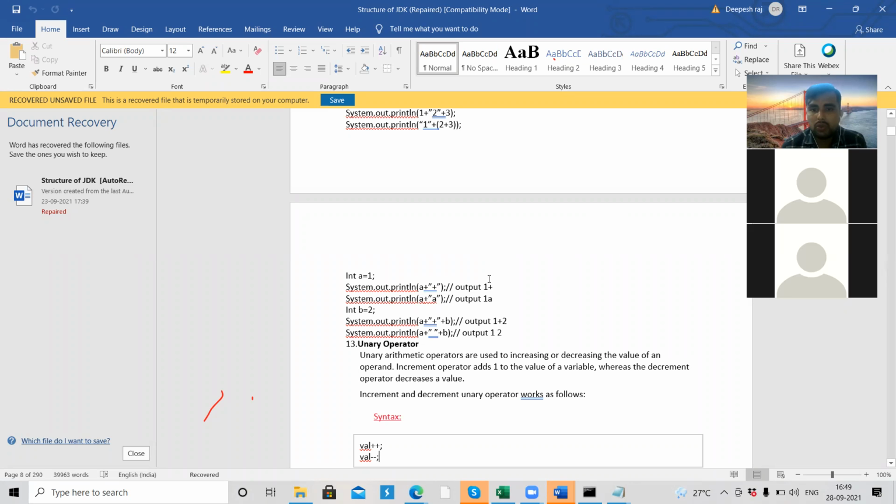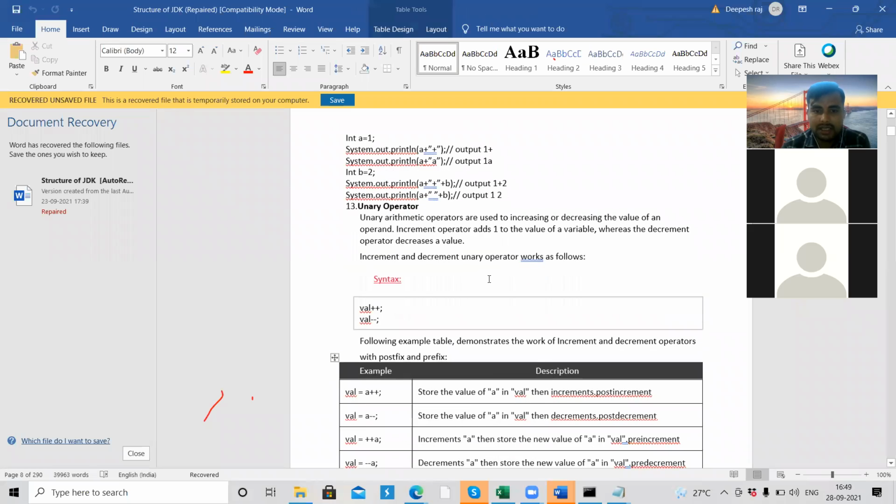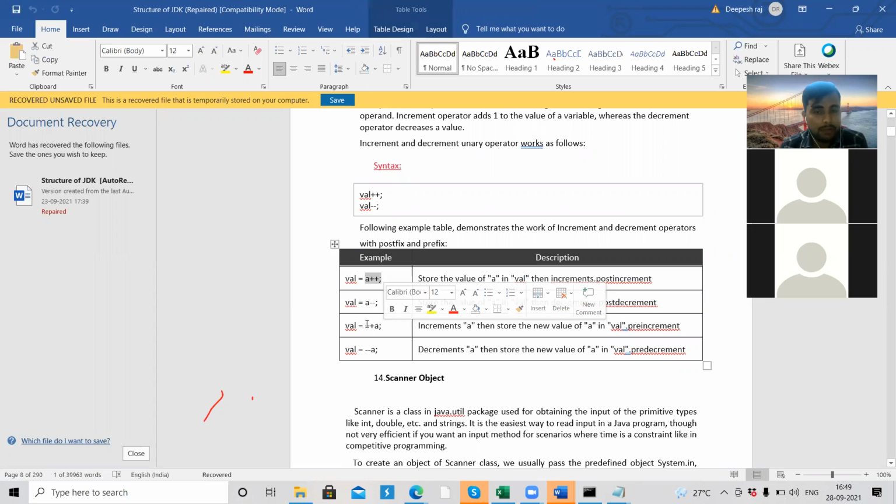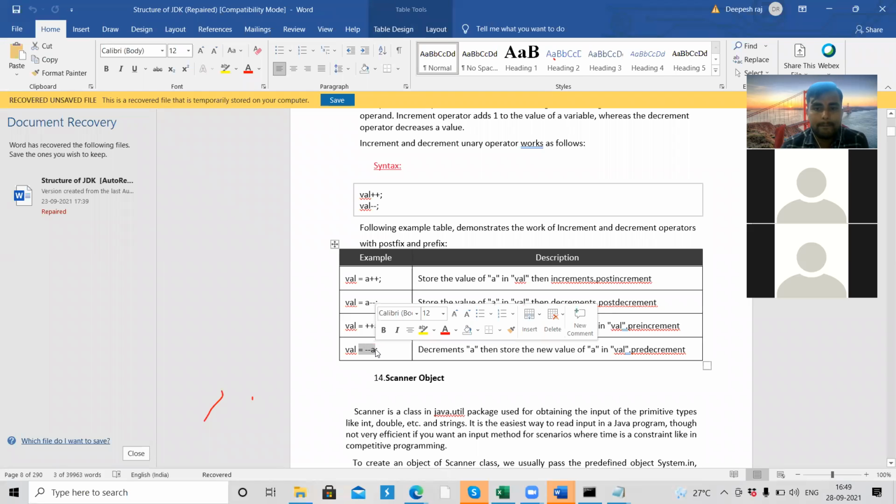In increment and decrement we have two concepts, that we call pre-increment and post-increment, and these are their symbols. This is called post-increment and this is called pre-increment. We call this post-decrement and this pre-decrement.